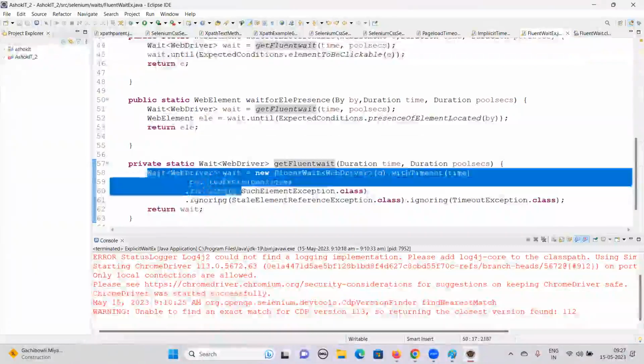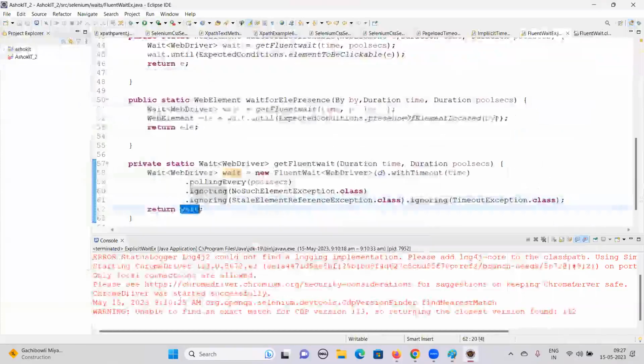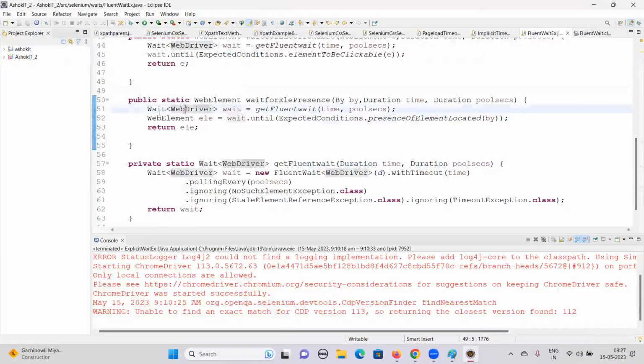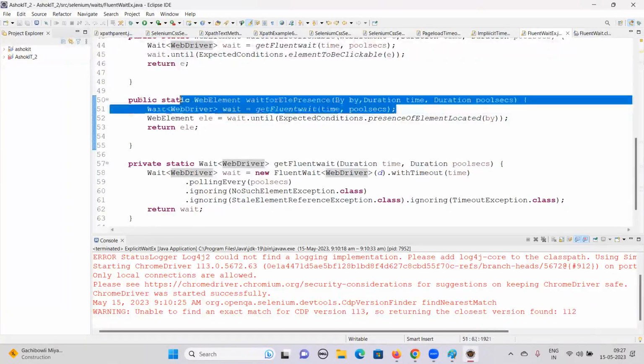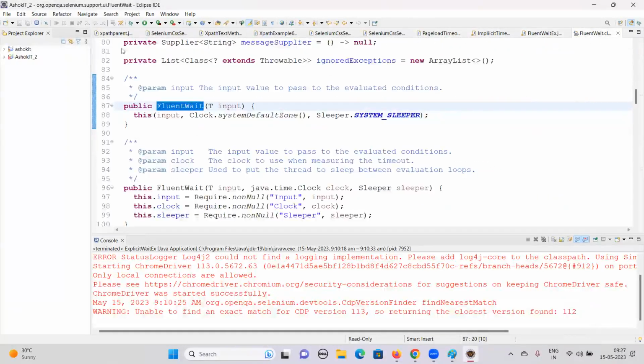Okay, so here see what I've done. I've just copy pasted it, right? So here I've taken it and copy pasted that. What it is returning is wait. Just you have to put WebDriverWait. Okay. So if you want to call this, you can call it inside this. So here also what we are trying to do is WebDriverWait wait equals wait.getFluent. So what it will return? It will return the wait. So wait.until is again similar to what we have used in